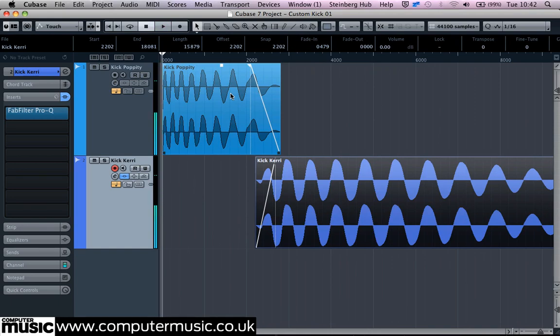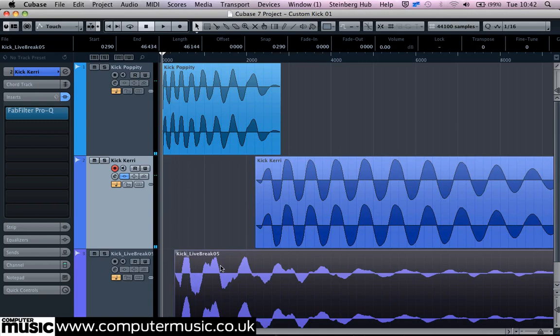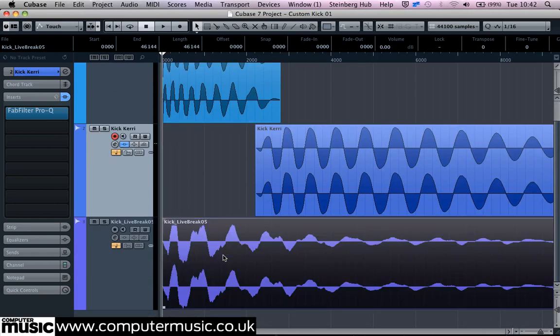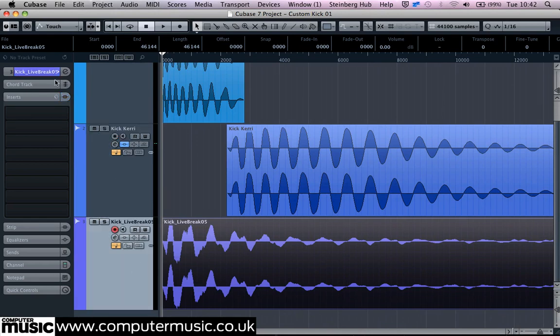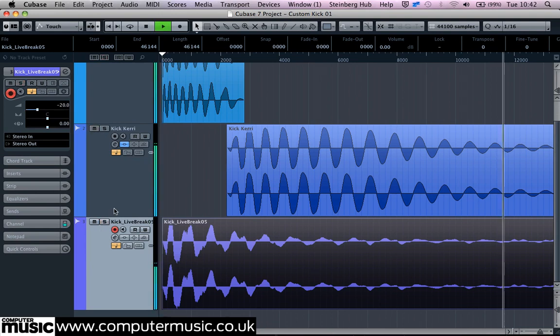The kick sounds decent, but there isn't enough splash or ambience over the top end. So layer kick live break 05.wav on a third new track, again at 0 on the timeline. We'll turn it down by -20 dB, so it's only adding a really subtle layer